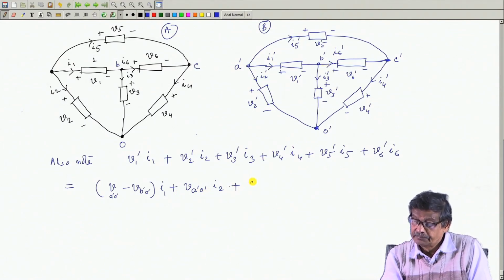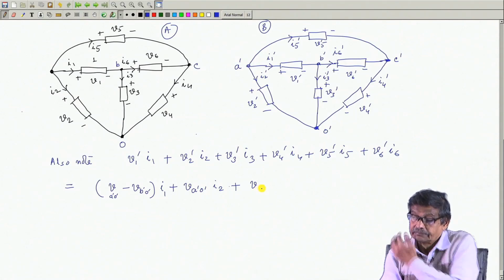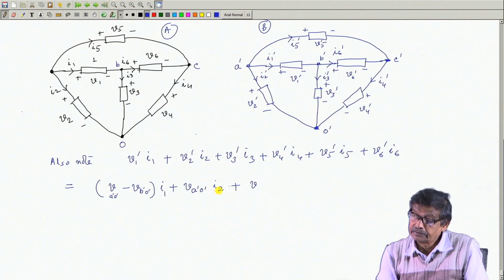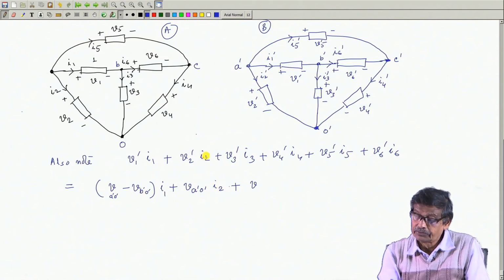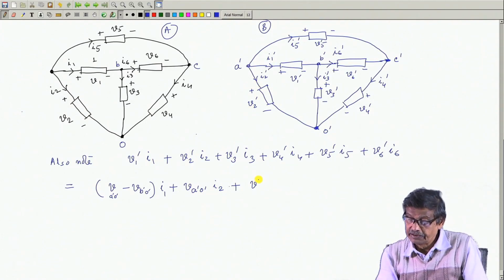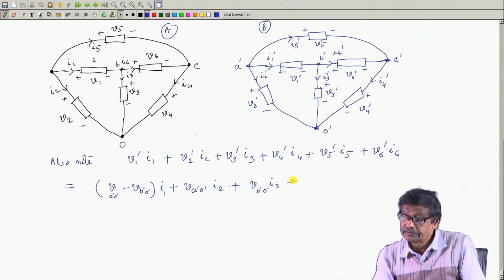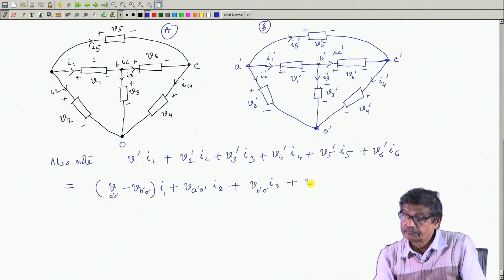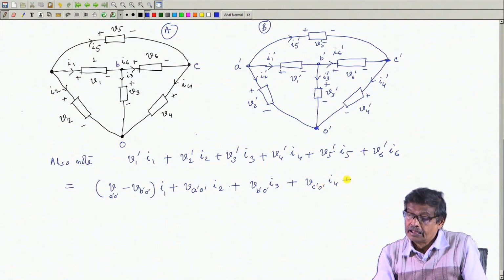Element 3. Element 1 is correctly written, element 2 is B A dash 0 dash I 2, element 3 is B B dash 0 dash into I 3, B dash 0 dash plus element 4, it is B C dash 0 dash into I 4, element 5